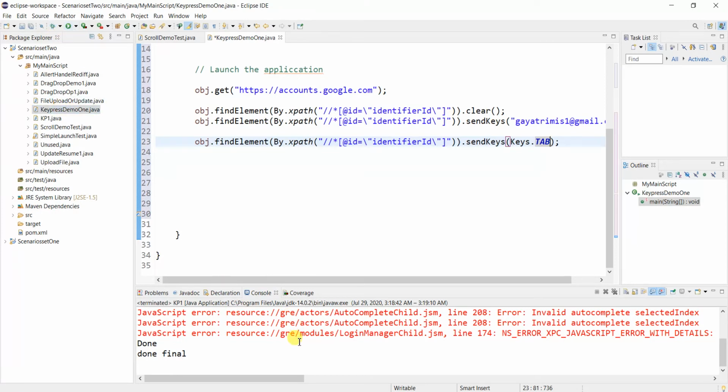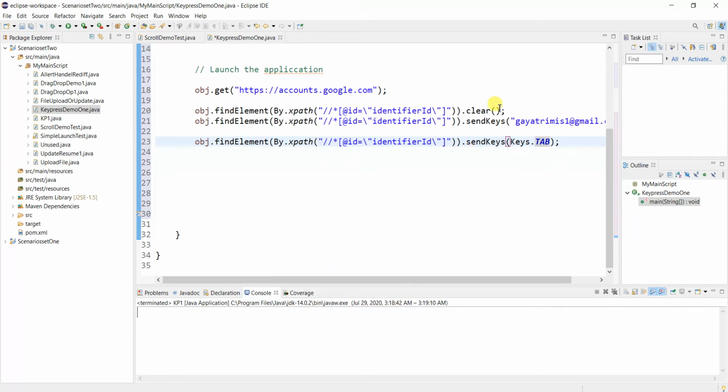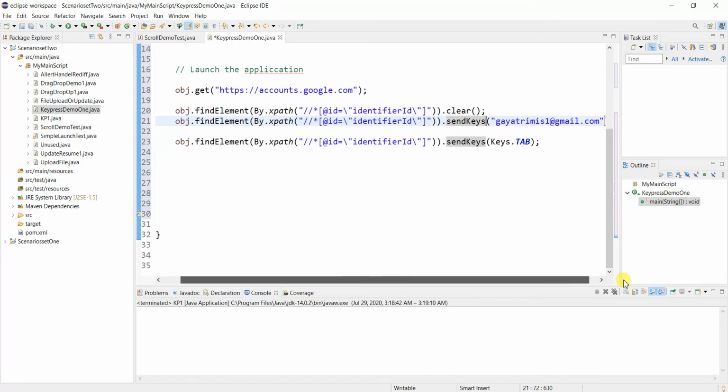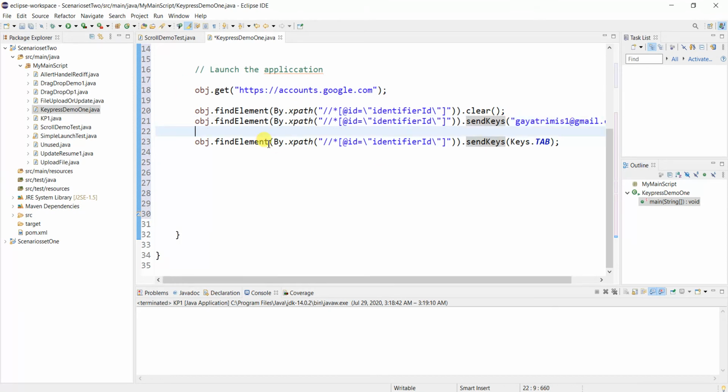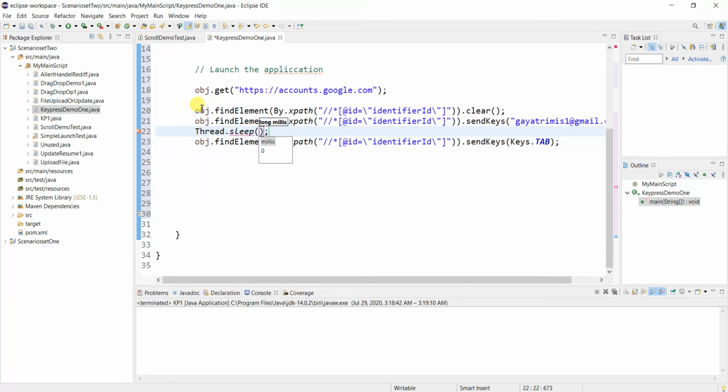Let me clear the console. Before execution, let us do one thing. I'll just give the wait statement by using Thread.sleep. So let's say it is 2000, means 2 seconds it will wait.